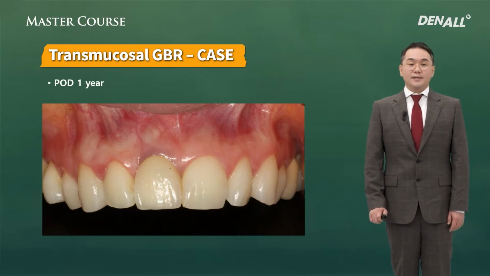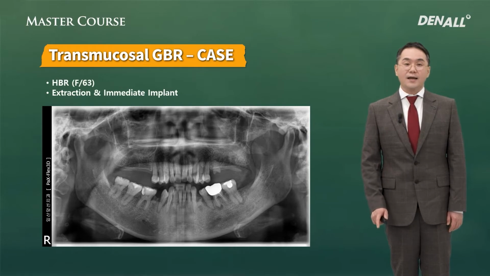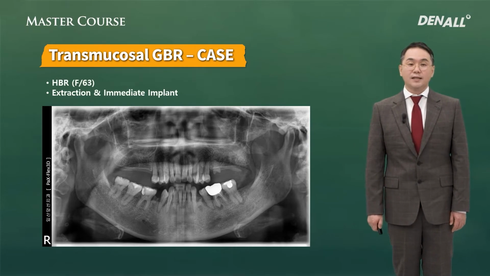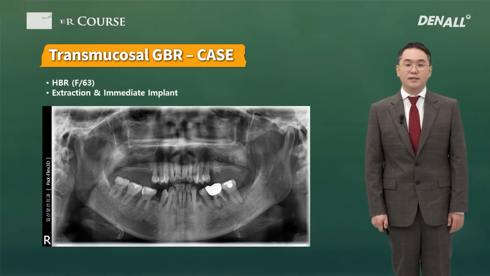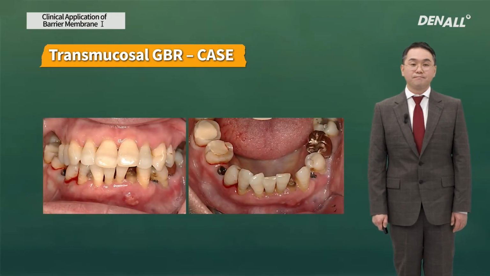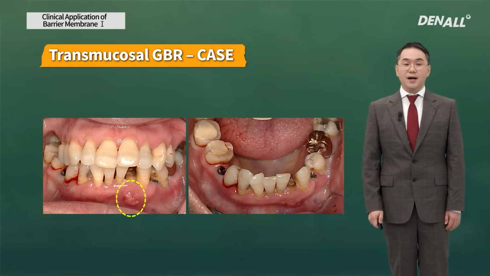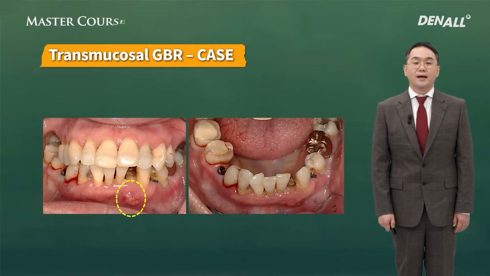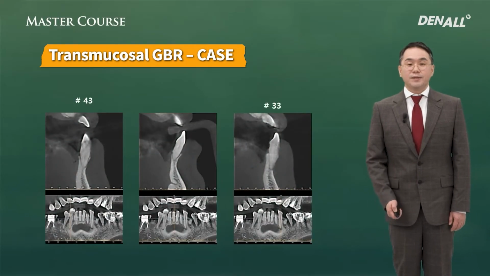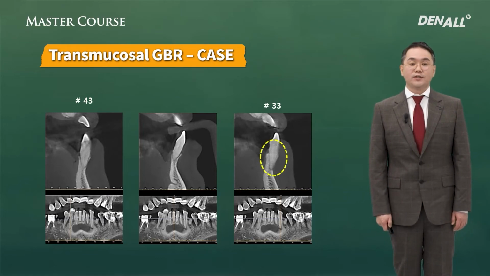A final case, in the mandible, many teeth will be extracted and 6 implants will be placed. All teeth except the lower bilateral number 7 are extracted and 6 implants are placed. A pre-op photo. As you can see, at the apical side of number 33, a fistula is observed. On the CT, buccal bone loss is observed at number 33, which must be the reason for the soft tissue